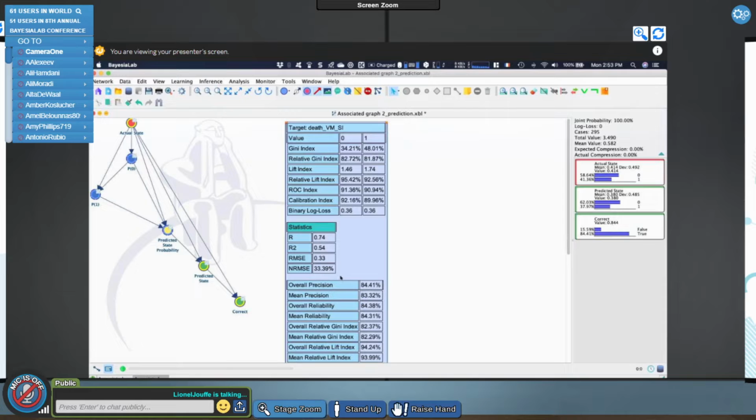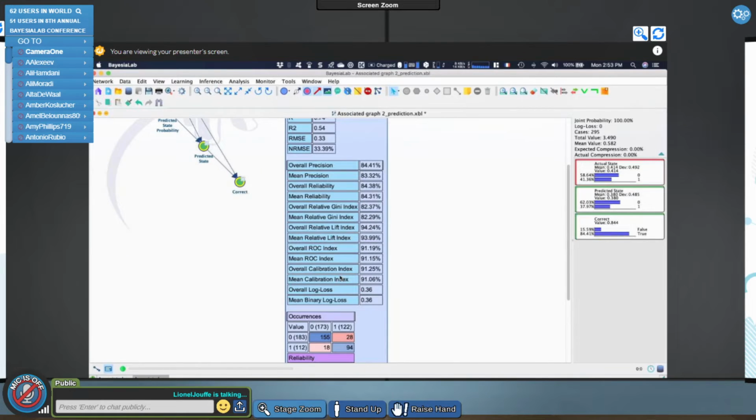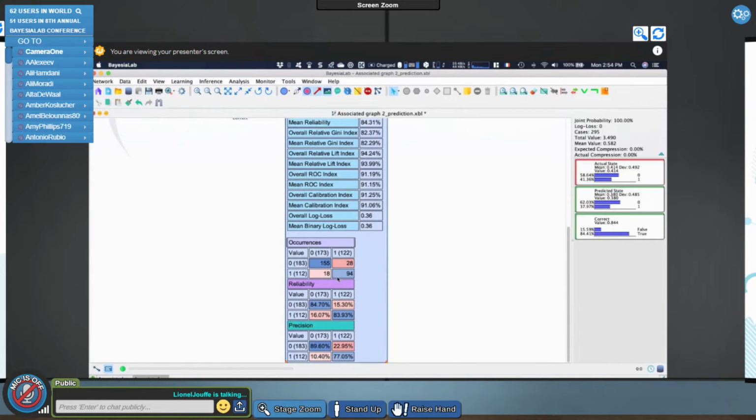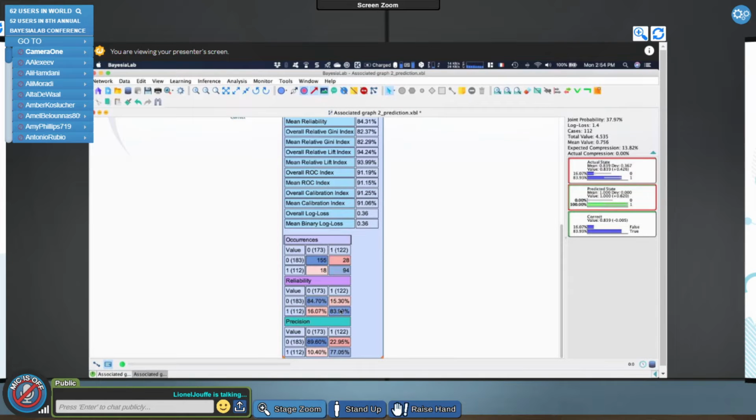And then if I go down here to the occurrence matrix, if I set the evidence on actual state equal to 1, so this is this column of the occurrence matrix, right? So 77% of chance to have a correct prediction. And if I set evidence on predicted state, this is what we call the reliability here. So this is 1684, right?